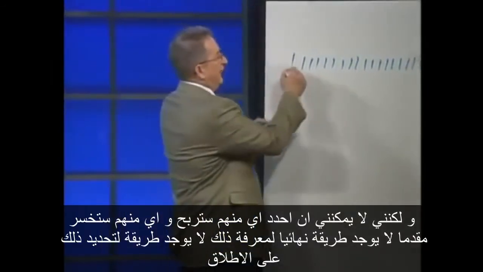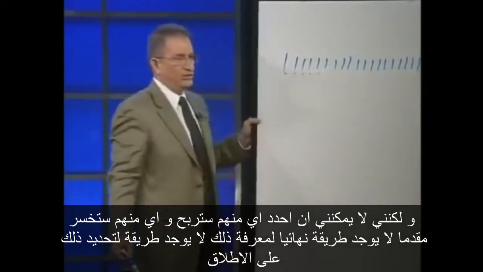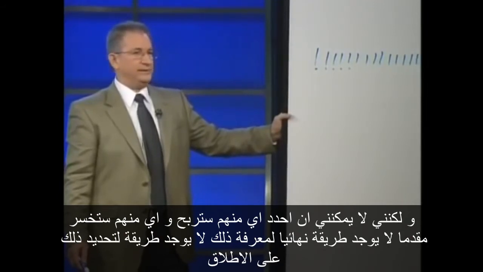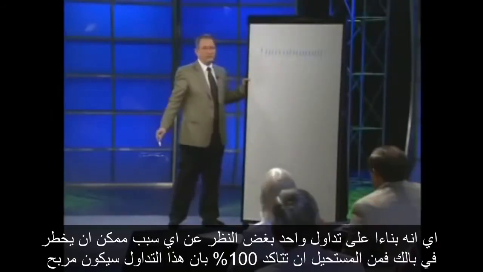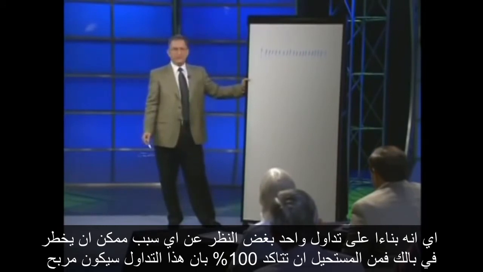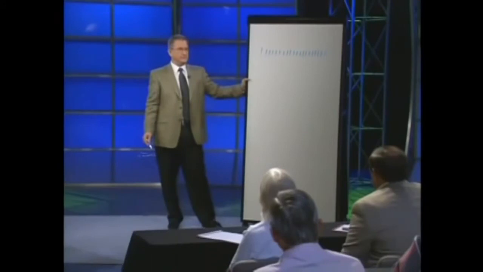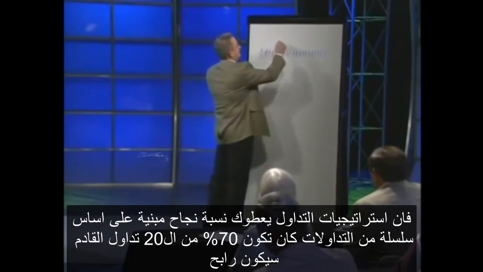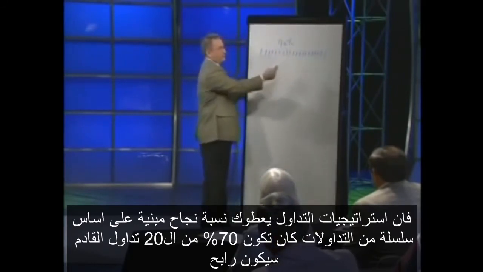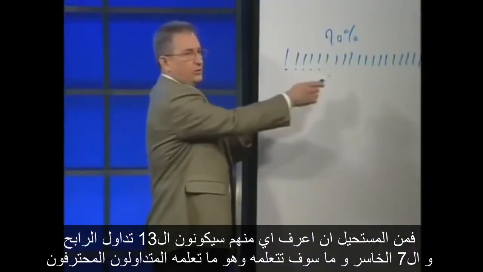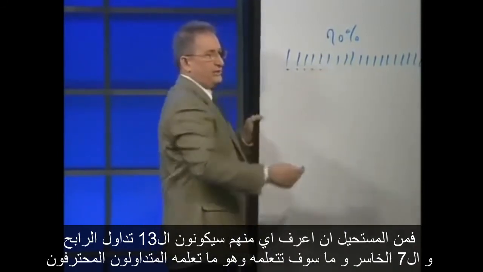On a trade-by-trade basis, I don't know which one's going to win or which one's going to lose in advance. There is no way for me to find out or determine that. No matter what reason or rationale you come up with, there's no way to assure yourself that it's going to be a winning trade. There's nothing that can tell you that. Trading methodologies give you a win percentage, let's say 70% of the next 20 trades are going to be winners. There's no way I'm going to know which 12 or 13 are going to be the winners, or which 6 or 7 are going to be the losers.